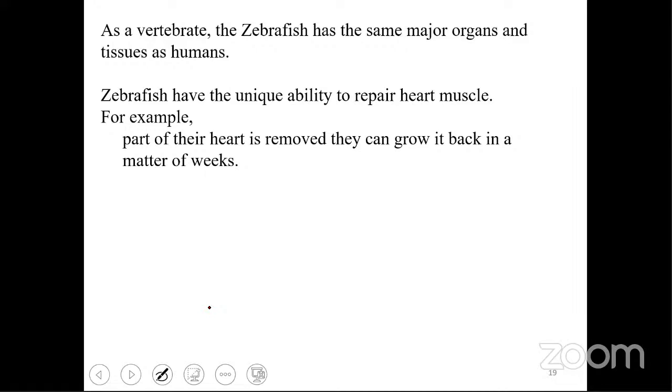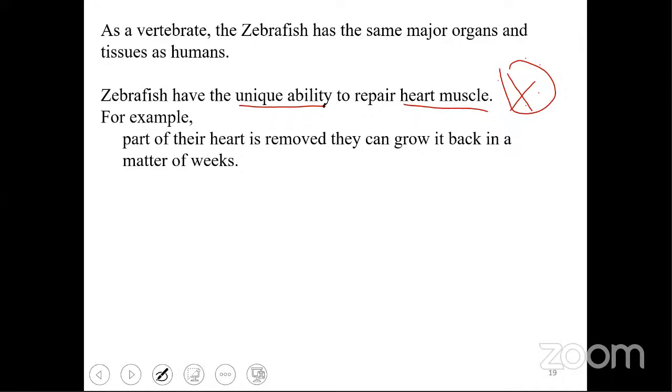The zebrafish has the unique ability to repair the heart muscle. This is a great thing that the research is moving on right now. Zebrafish has this unique ability, and no other species has this particular ability. The heart muscle will be repaired by their own mechanisms without any external effect. But the study has not been properly studied yet, though the study is going on into how the repair of heart muscle is happening.